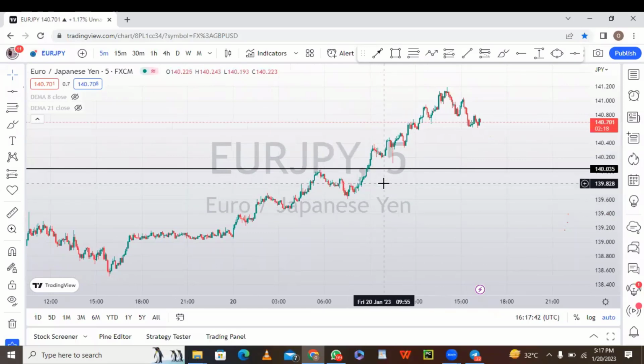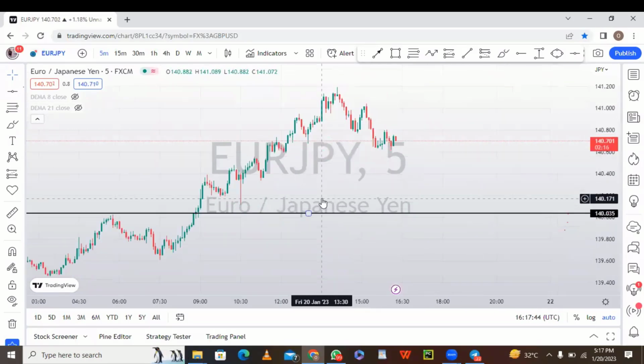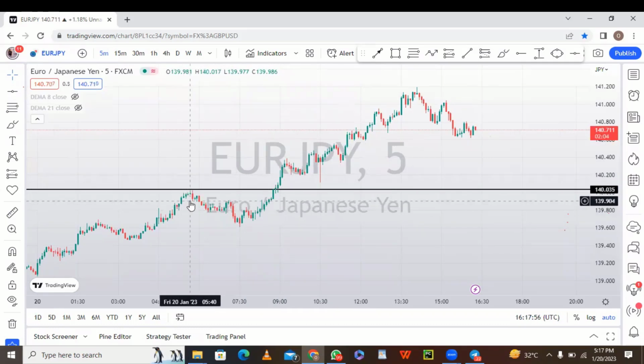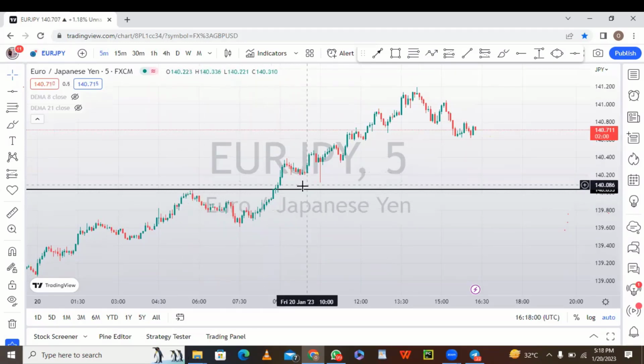The first condition is candle close, okay? And the second condition is breaching of zone. So what do I mean by a candle close? You have to observe that there is a candle close at least 15 to 25% above the level you are willing to take that buy from. This particular price level is known as the CMP price level. So you have to make sure that there is a candle close above that particular price level.